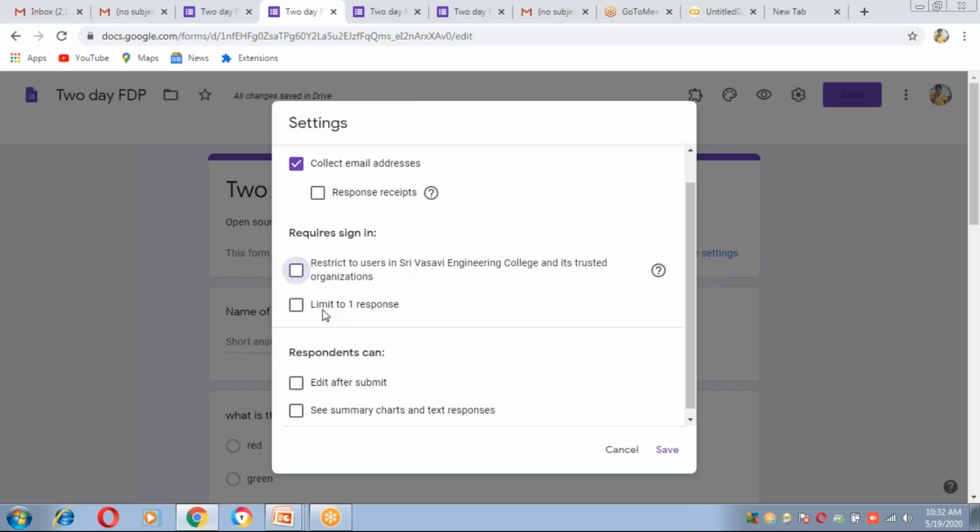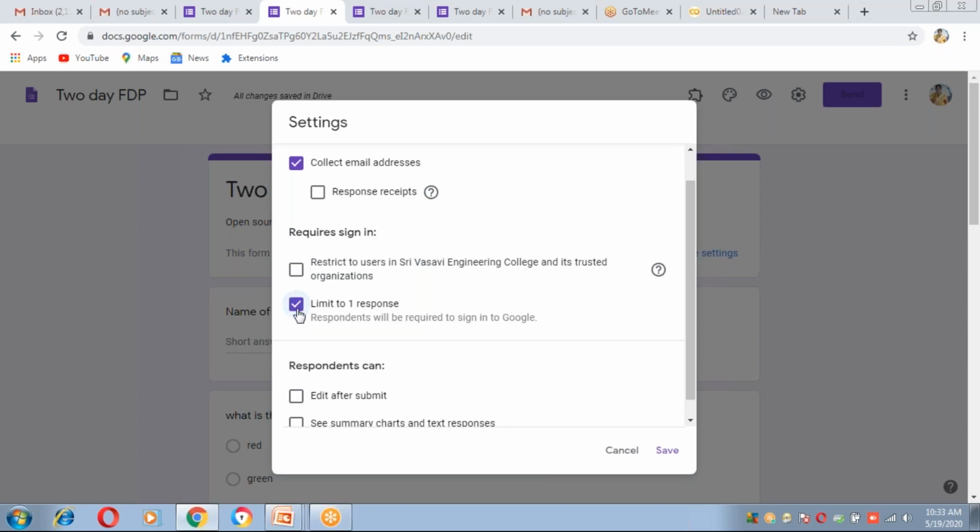The next option is limited to one response. Limited to one response means, if I click on this, the participants or students can submit the Google form only once. If they make any mistake, they cannot submit a second time.